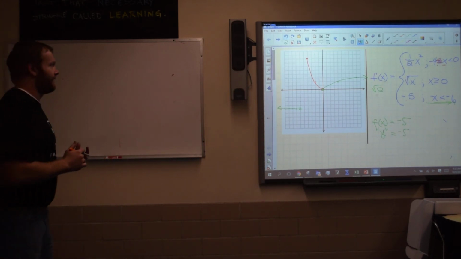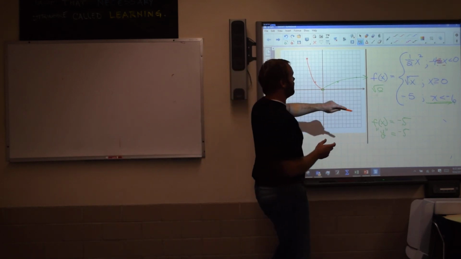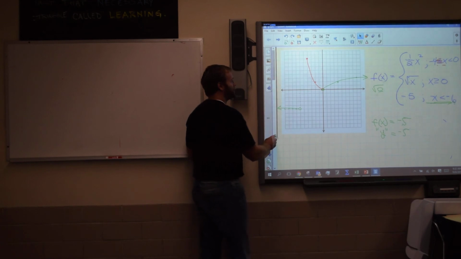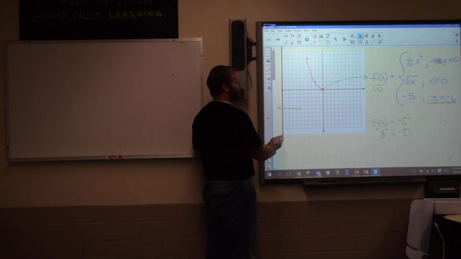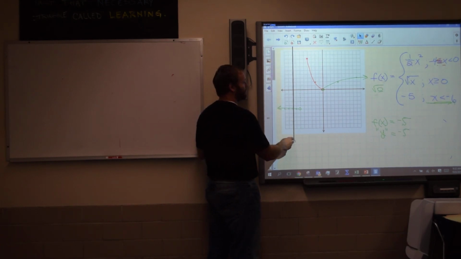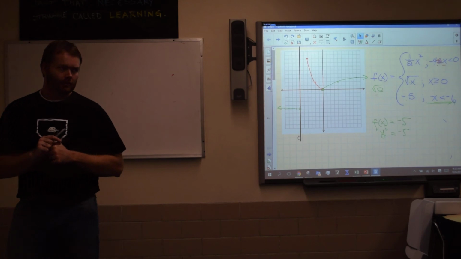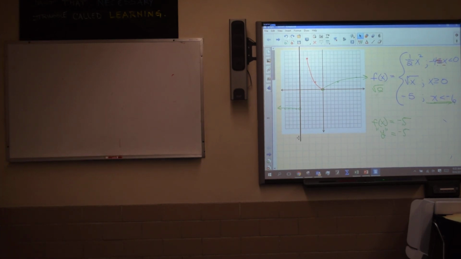Now the idea is, remember this was a function, so the vertical line test has to work. So start over here, start tracing my vertical line through. Does it pass there, where that open dot was? No. It does. The vertical line test says